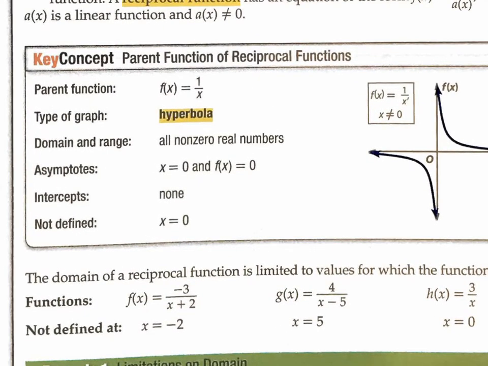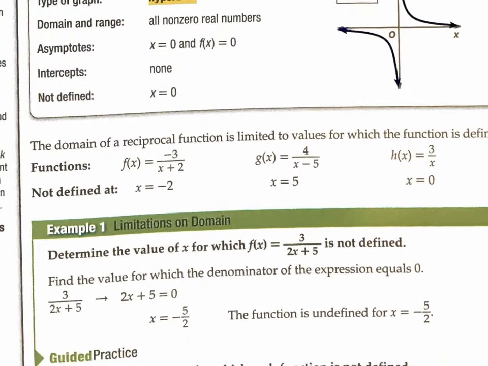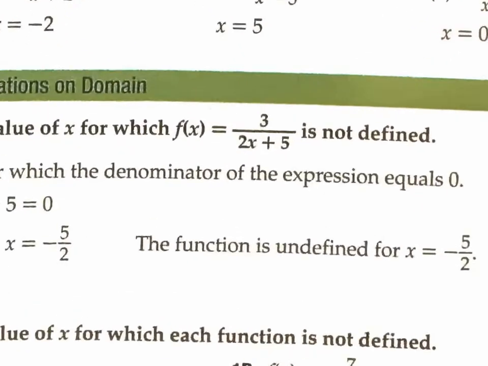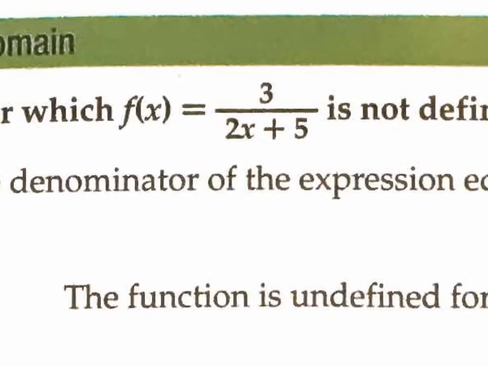I mentioned that in the previous video. This type of graph is called a hyperbola. It's kind of like where you have two curves that are mirror images from each other. We'll get into this in a couple of minutes. But right now we want to focus in on finding that value that would make this f of x function